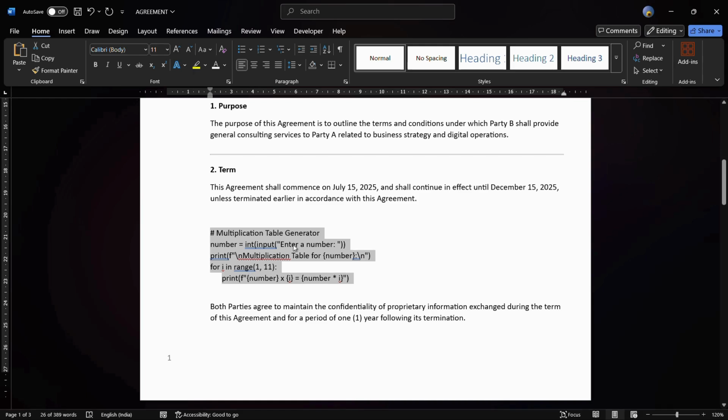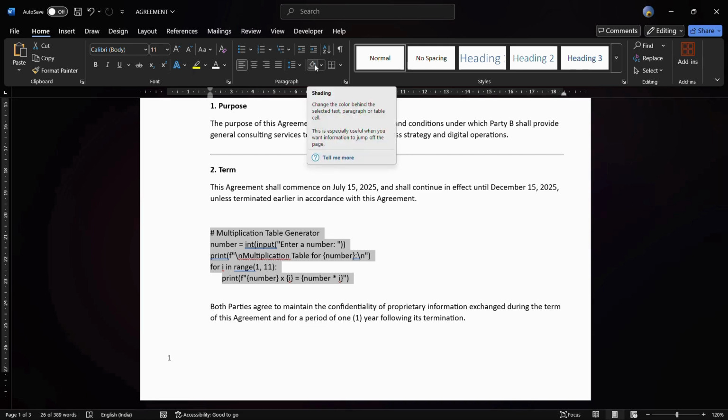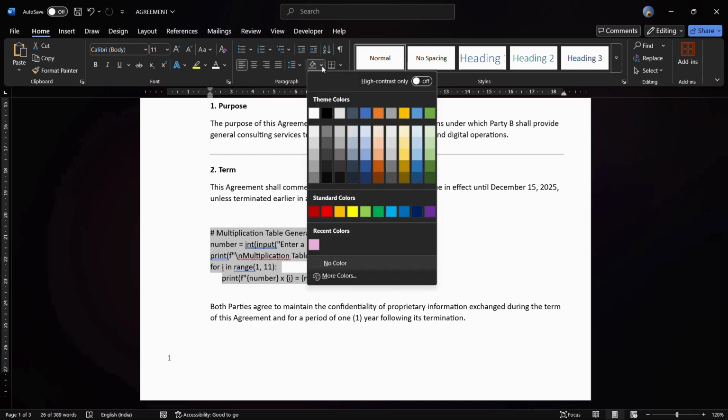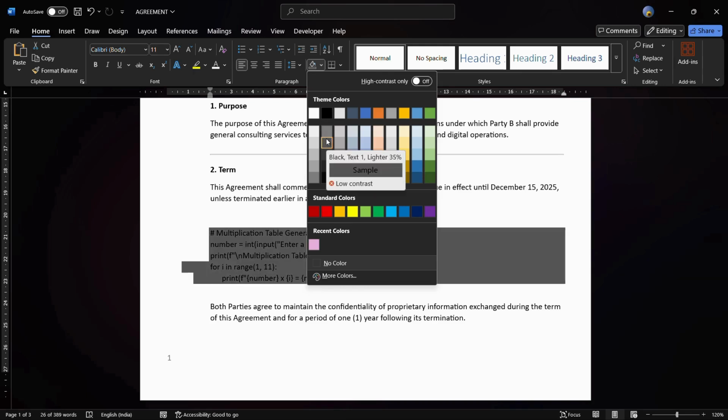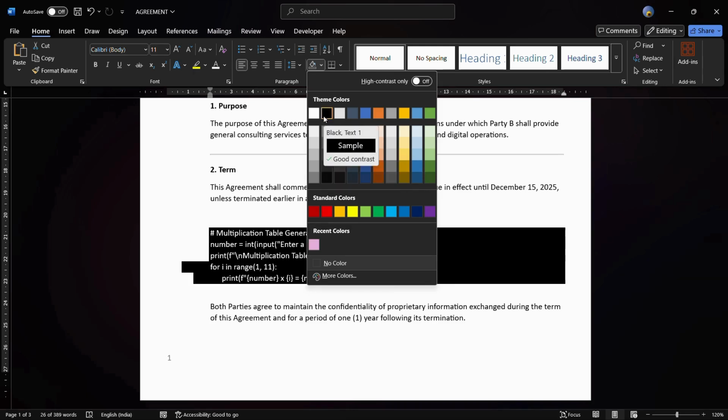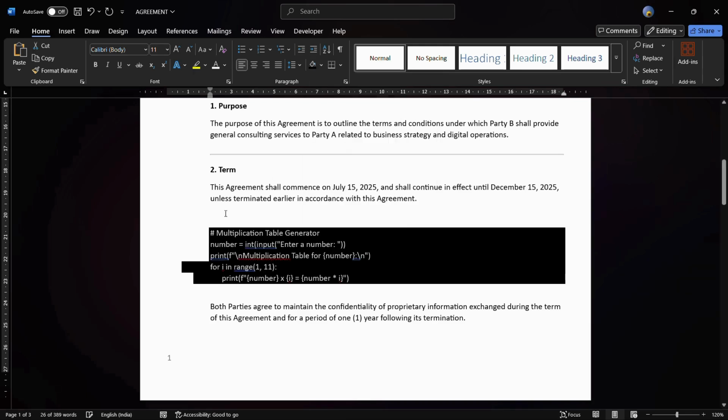Then the next thing that we will do is to add a distinguishing background. You can do so by clicking on this shading icon present just here under the paragraph section, and then you can click on this drop down arrow to choose any color for this particular paragraph. So for example, let's say this black sample text color,